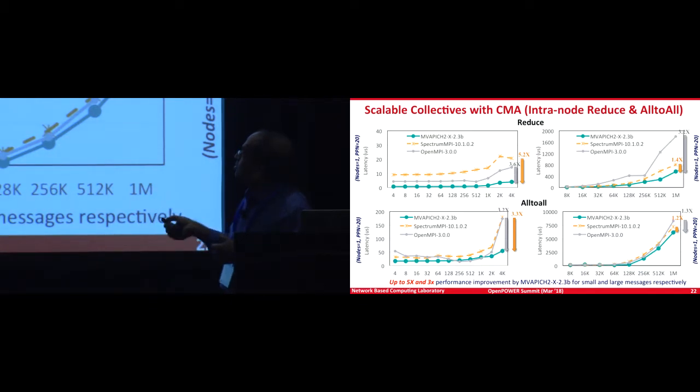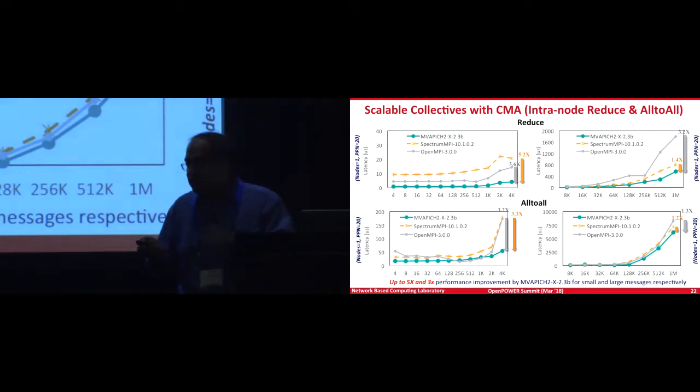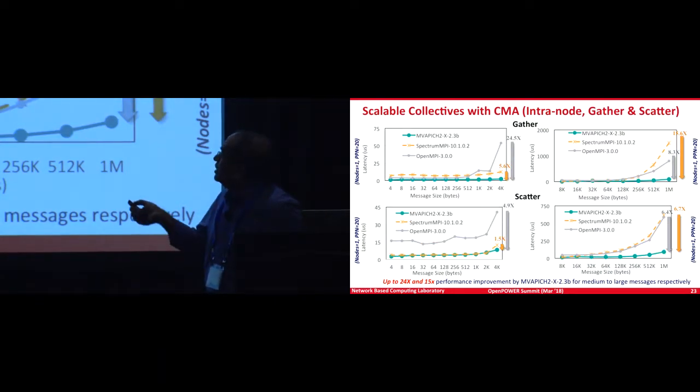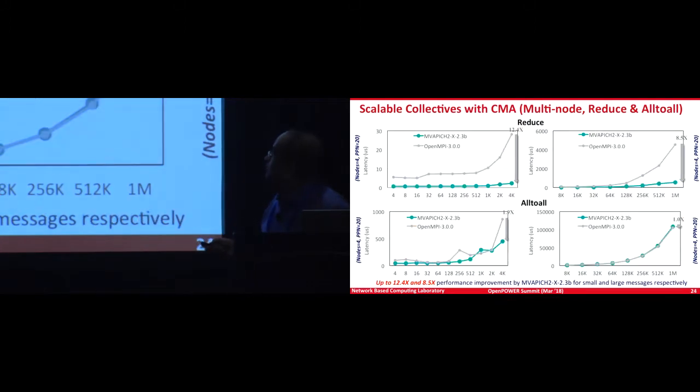This is a reduce operation, this is an all-to-all operation. This is for short messages up to 4 kilobytes, and then 8 kilobytes to 1 megabyte. Across those MPI libraries, we can deliver almost a factor of 5.2 or 3.6x improvement. Similarly for all-to-all, you see a factor of 3.3 or 1.2x improvement by using the libraries in our design. Gather and scatter are also collectives used by many applications, like taking data from a lot of nodes, that is gather, or doing the scatter.